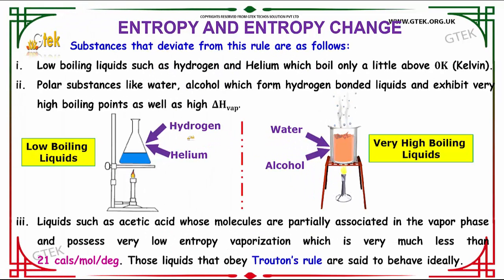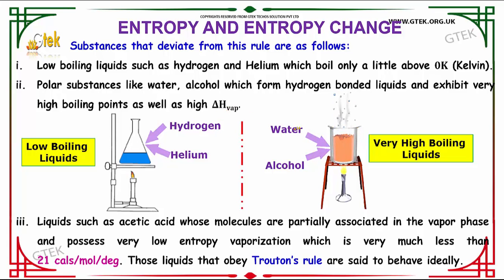So substances that deviate from this rule are these things. We are going to see it on the entropy and entropy change. The low boiling liquids such as hydrogen and helium, which boil only a little above 0 Kelvin. Polar substances like water, alcohol, which form hydrogen bonded liquids and exhibit very high boiling point as well as very